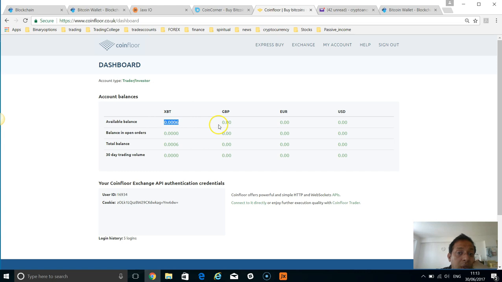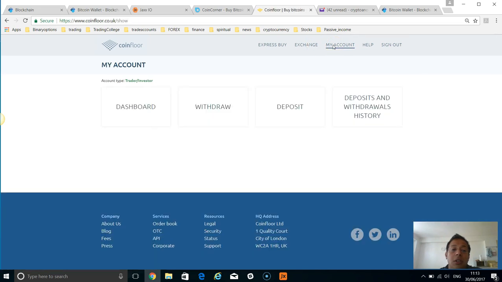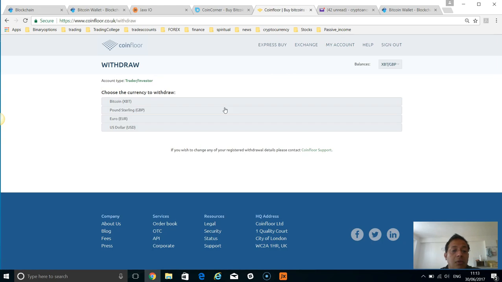And what you need to do, like before, is once you bought the Bitcoin, this is the exchange, so they will store it in the exchange, but you need to withdraw it from the exchange. The recommendation is not to keep your money or Bitcoins in the exchange. So you need to transfer it, right? You need to withdraw it to your wallet. So you go to withdraw,